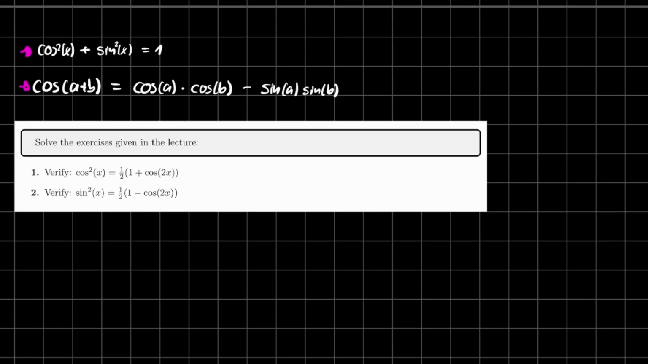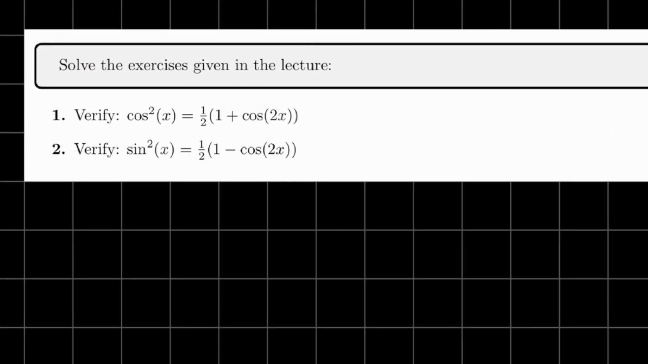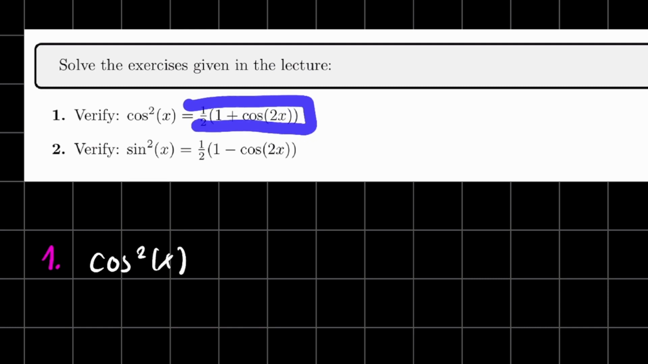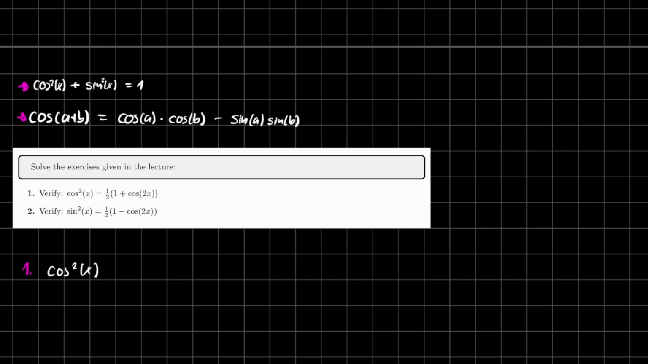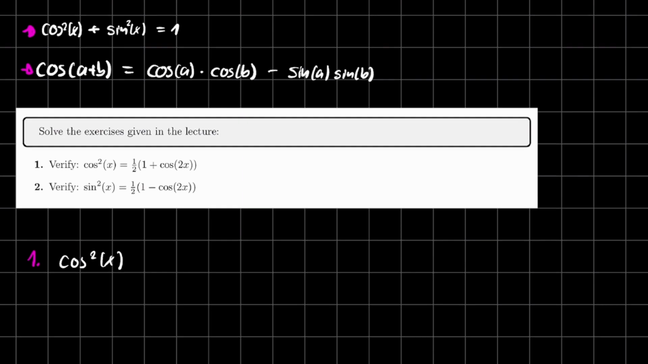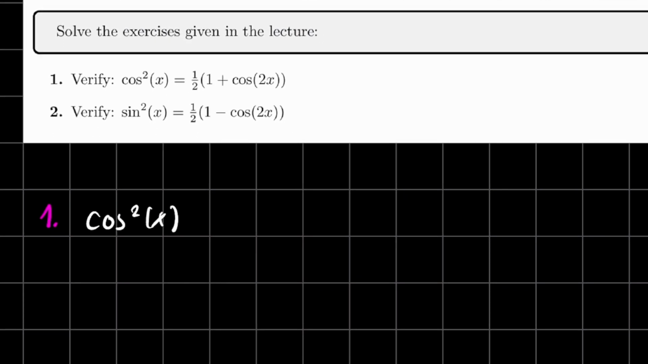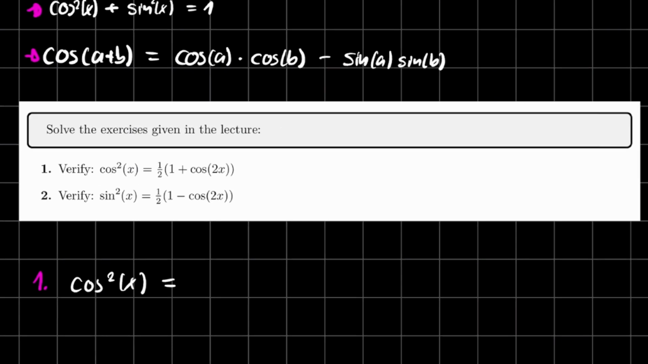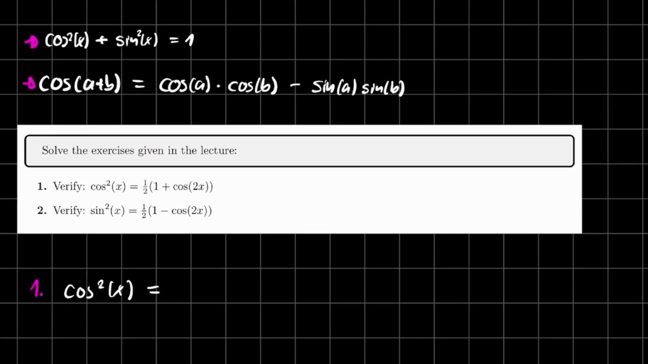The first thing we want to do is the following. We have cosine squared, and we want to prove this. We could start with cosine of x, but no, actually, let's begin another way. We can take this identity, and we can say that cosine